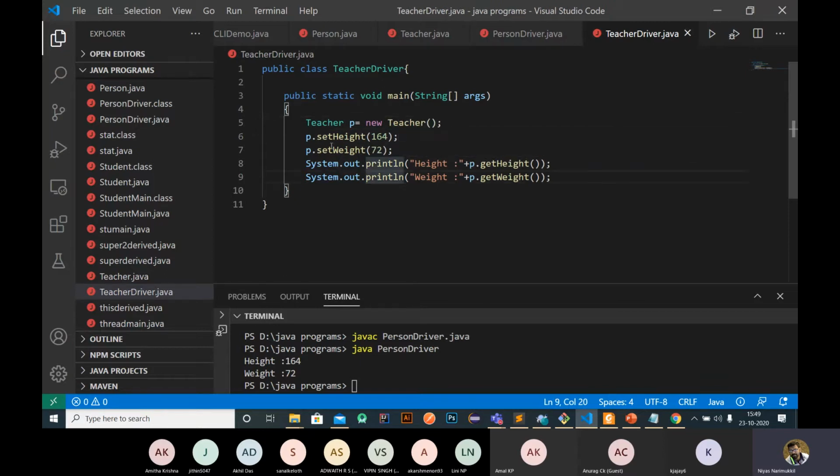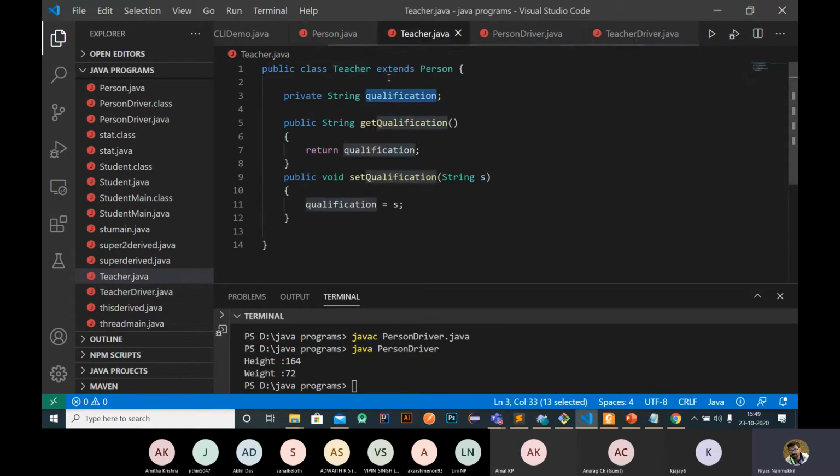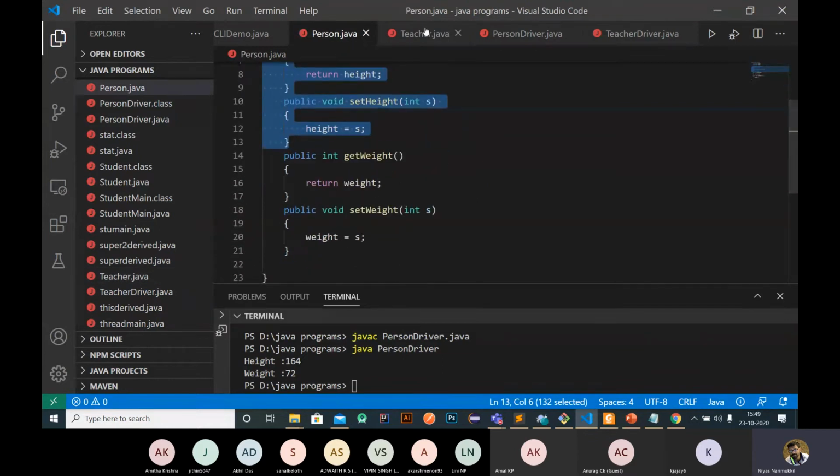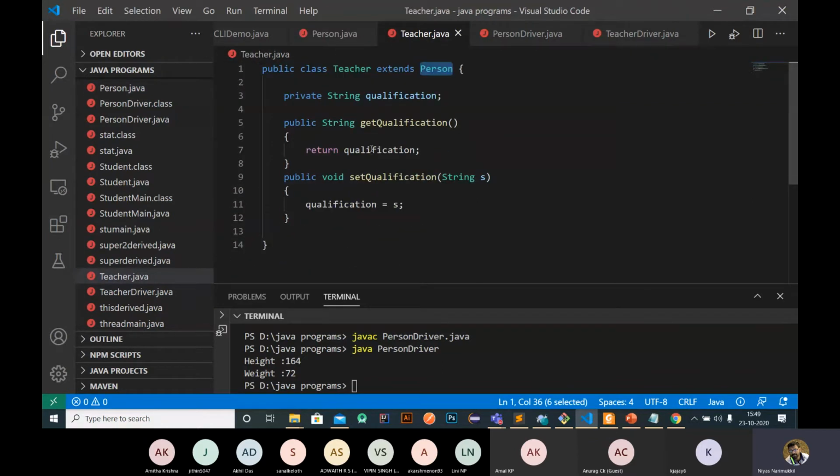So then we can call height and weight again, because the teacher class inherits all the properties or all the variables of the person class. So the teacher class will have height and weight and all these methods, but it is not shown here because it is inherited automatically by default.